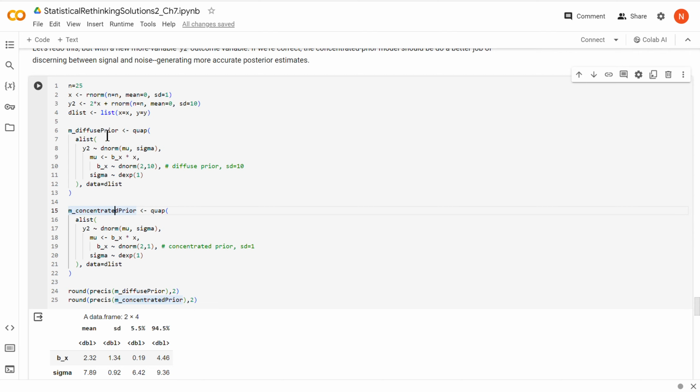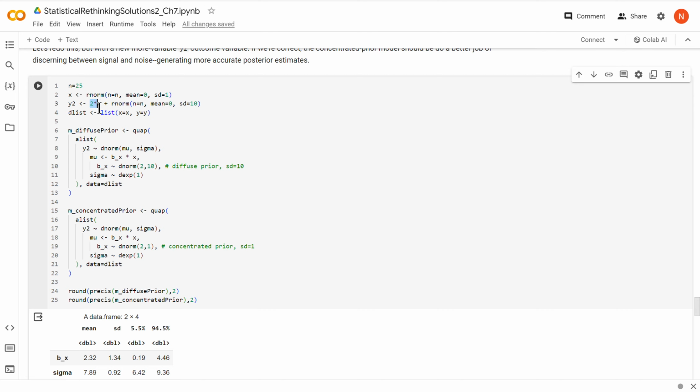And so in the diffuse model, we set the standard deviation of the prior for the beta term to 10. So our prior considered many values for beta x, and in the concentrated prior we set the standard deviation for beta x to 1. So this prior is seriously considering a much narrower band of possible values for beta x. Now the correct value according to the data should have been about 2,